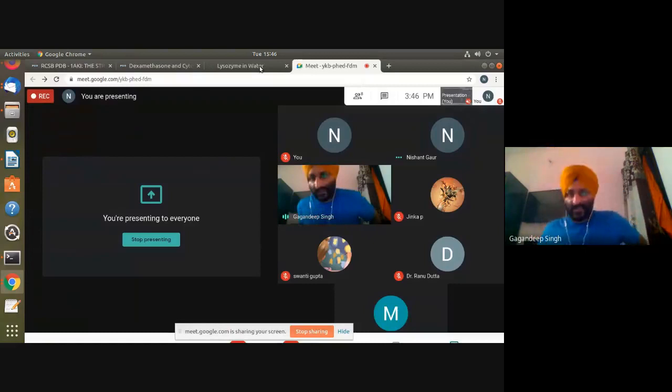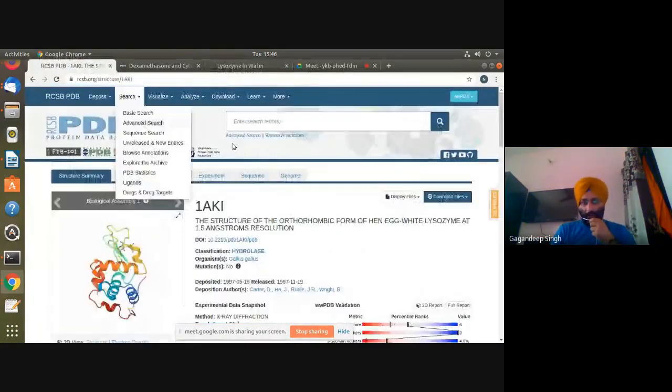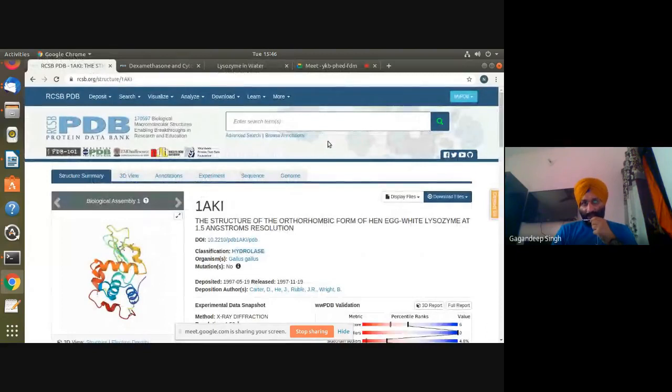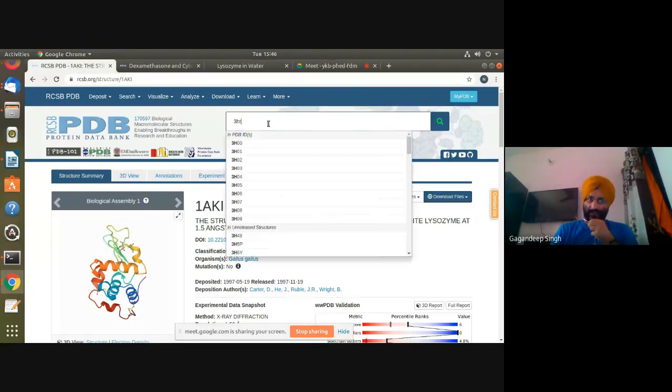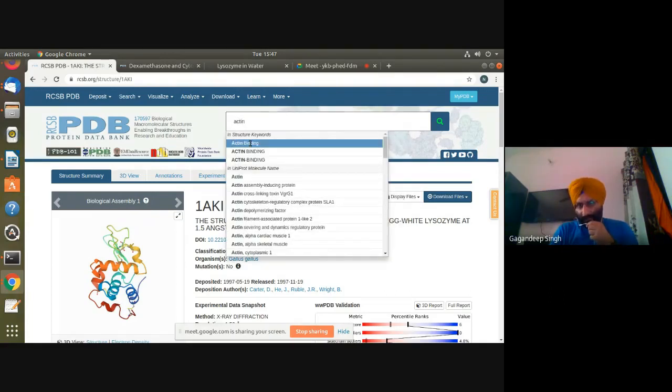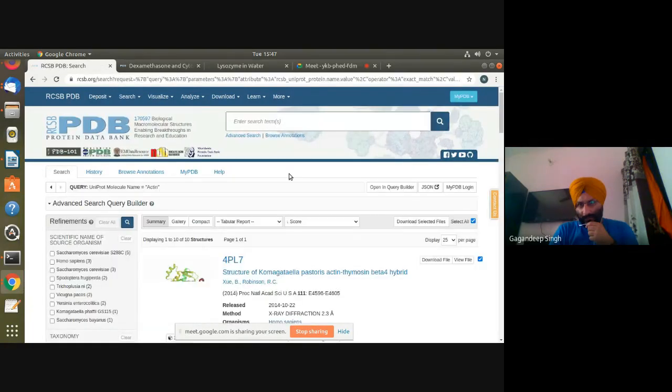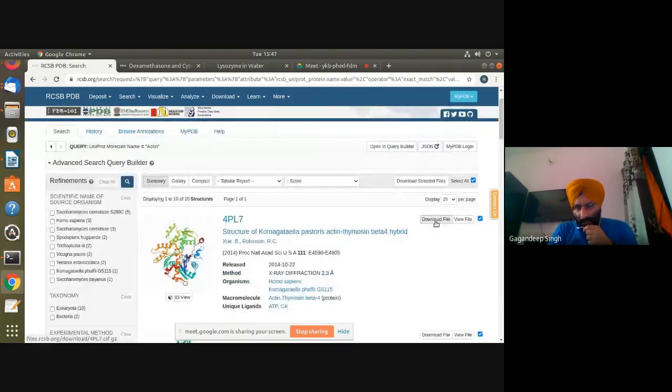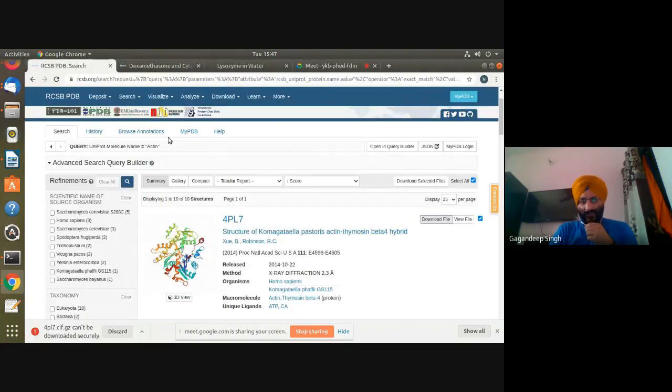From the first stage, you should tell them how to select the path of a particular protein. Select any other protein, don't select this 1AKI, whatever protein you have generated. Maybe type actin, because Partha has worked on this actin protein. Just type actin, you can get any protein. Yes, 4PL7, just download this file, but download in GZ format.